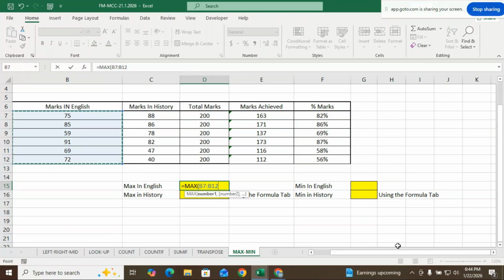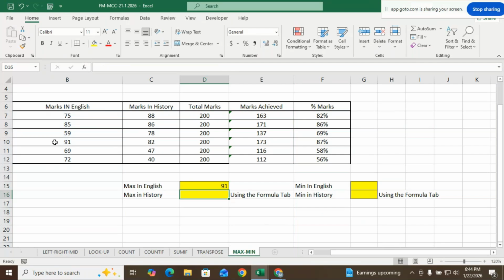And then shift key, close the brackets and press enter. So which means the highest marks obtained is 91. Same thing with history as well. So you can just,